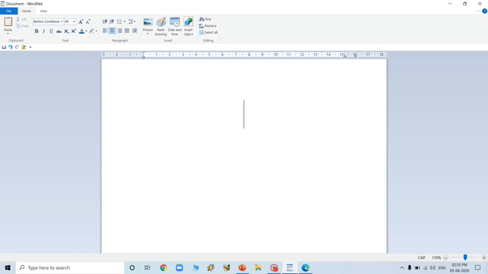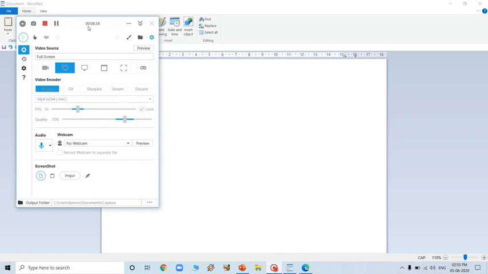Question number 2: what is the work area in the WordPad program window? You have to complete these, or else complete your reading, and we'll see the remaining points next time. I hope you must have understood this WordPad option. Thank you so much.